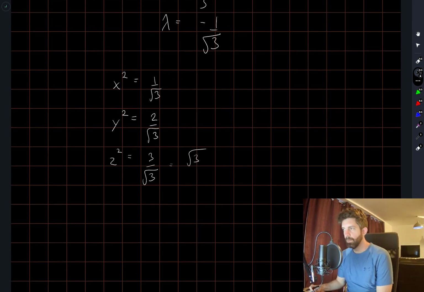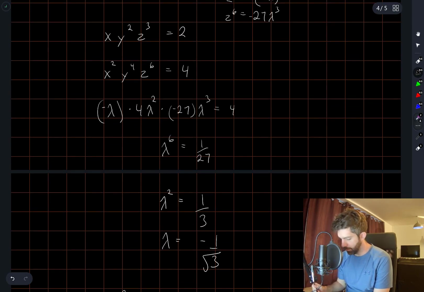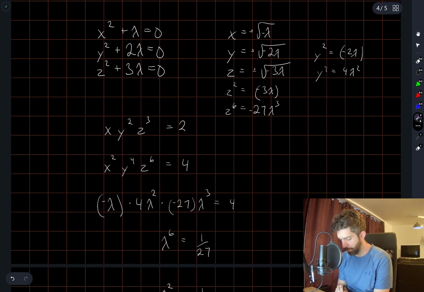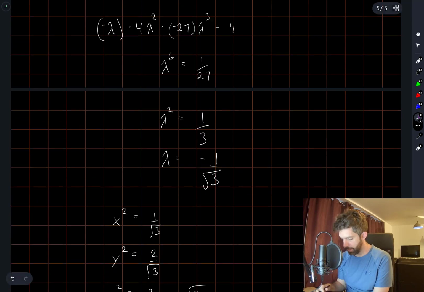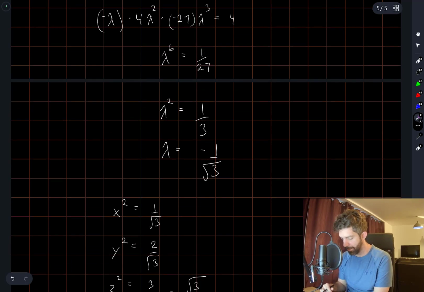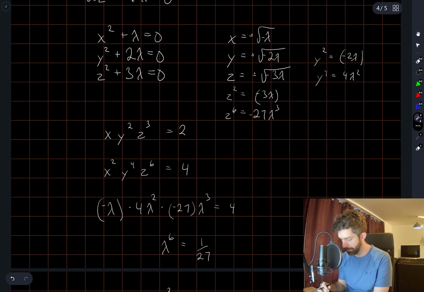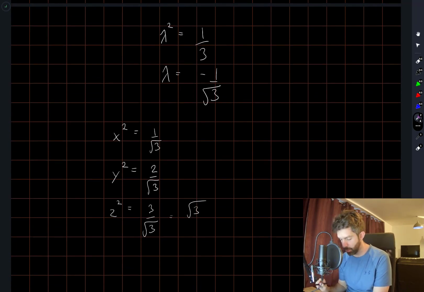Okay, so I think I've mostly narrowed this down. I did do some operations here which might accidentally introduce some new solutions, but I don't think that ended up happening. So what I have here are the values of x squared, y squared, and z squared. Sorry, not in terms of lambda. I have their values, x squared, y squared, and z squared. Now, of course,